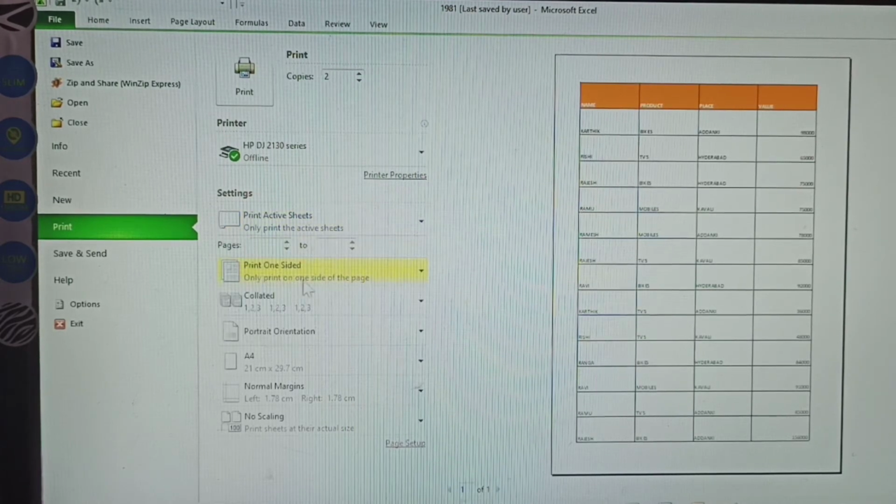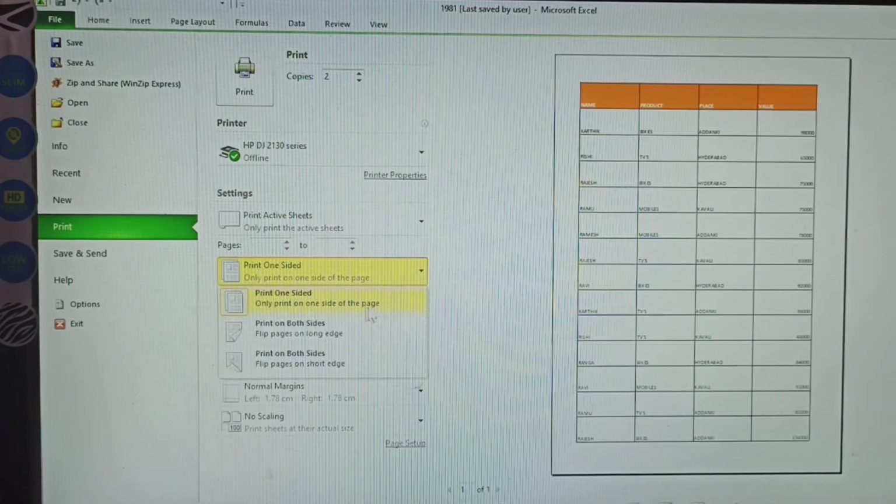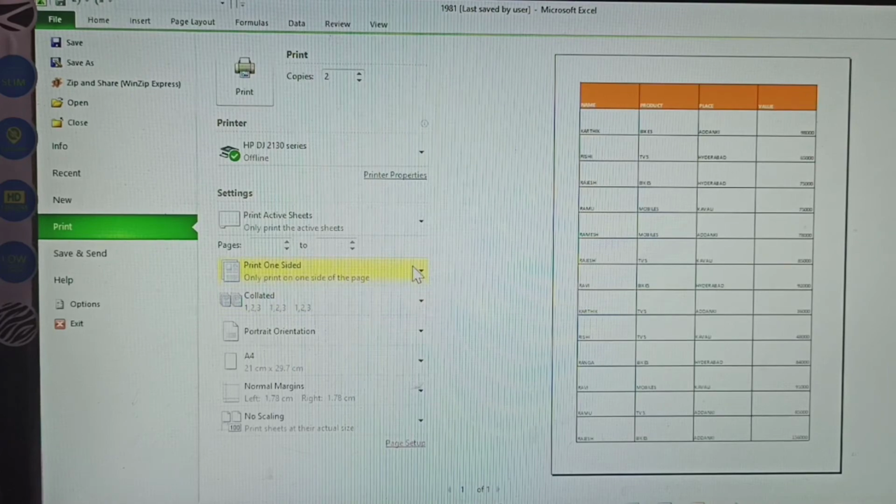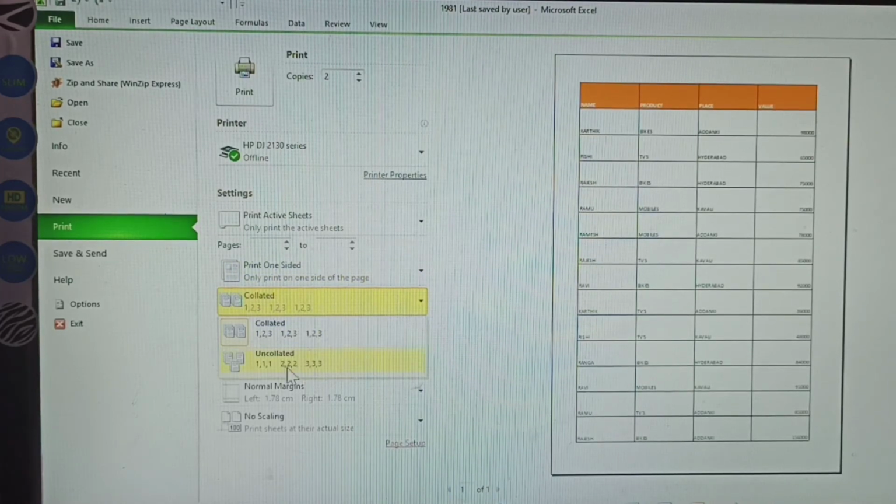Next, this is one side or both sides, both sides flip on long edge or both sides flip on short edge. You are required to take any one option. Next one, collated: how many collated copies of the papers.